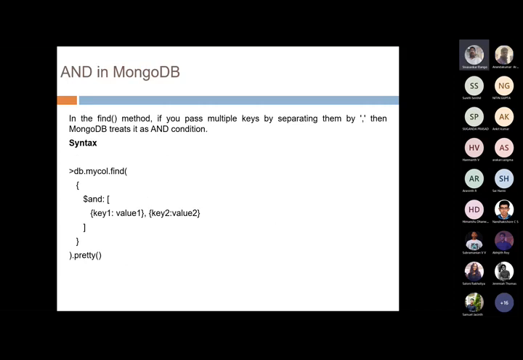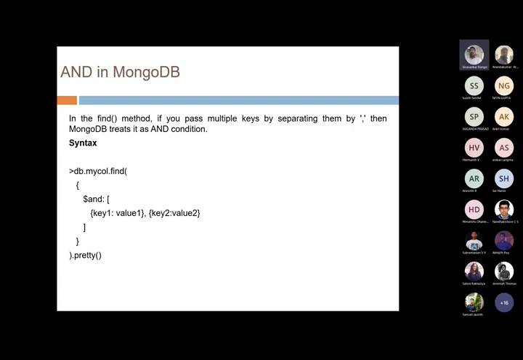For example, we want to use some logical AND operation in MongoDB. You are going to find some key value pairs using a logical AND condition. So the command is going to be db.mycollections.find. You are going to use the $and operator, a logical operator, key1:value1, comma, key2:value2. This AND operator is similar to the logical AND operator. You are going to retrieve key value pairs matching both key1 value1 and key2 value2 in the collection,